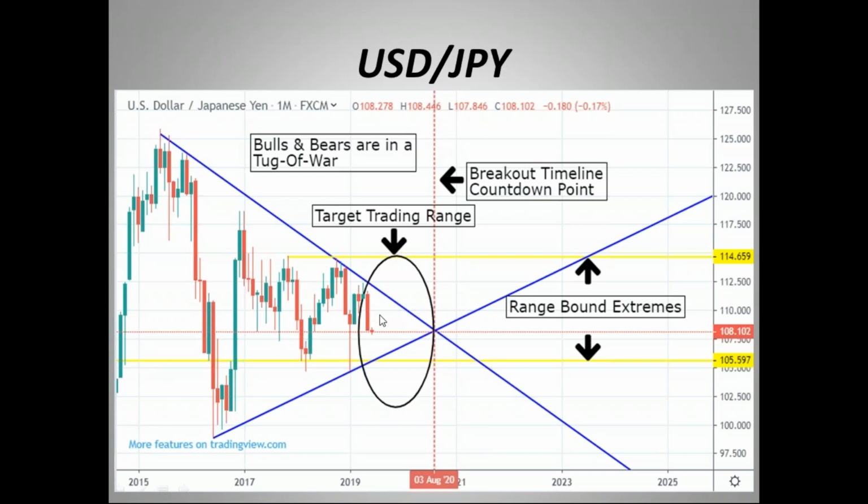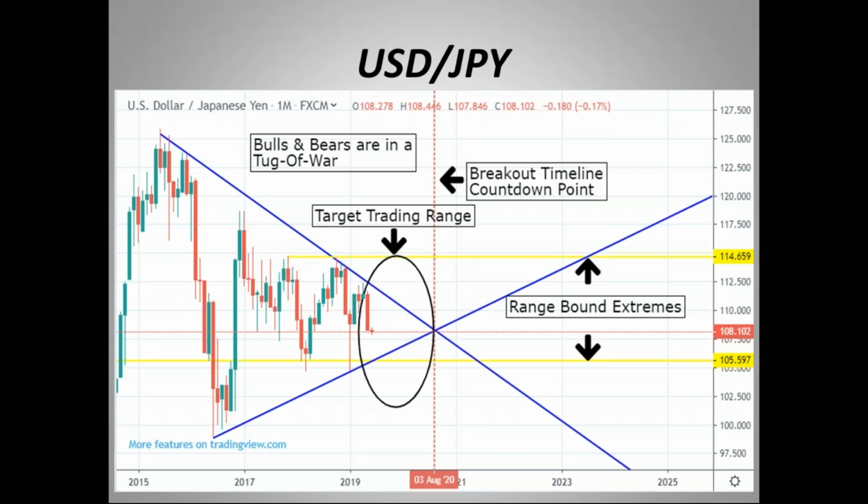So now let's look at this wedge here. The Japanese yen is trading just above the 108 area. If you look at this range, these pivots, the two yellow lines, that has basically been the range for over 2 years. Most likely, especially with the tariff wars going on and other issues, this is going to be the range for the US dollar Japanese yen for the next few months for sure. But you can see the downward sloping resistance and also the upward sloping support from the lines that come into that ellipse. If we can get the market to move above or below those lines, then we would probably see a move towards one of those upper pivots.